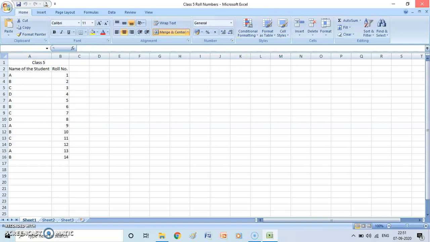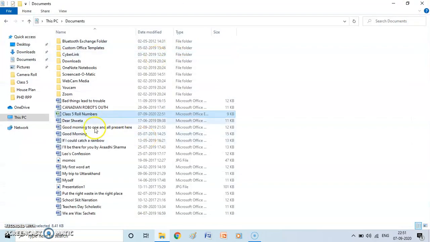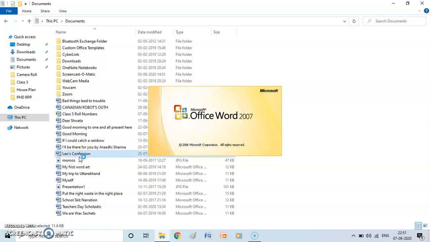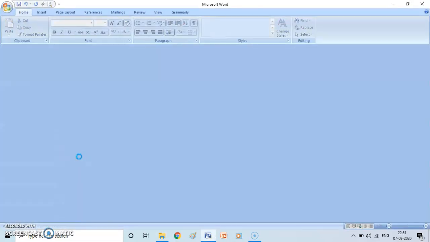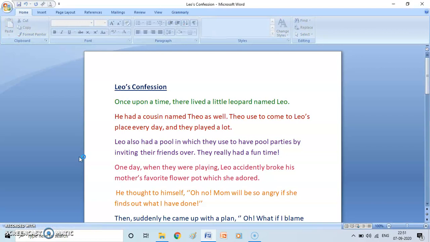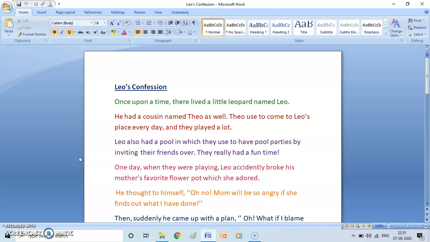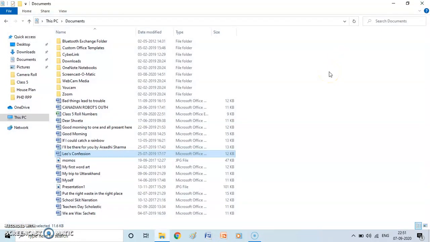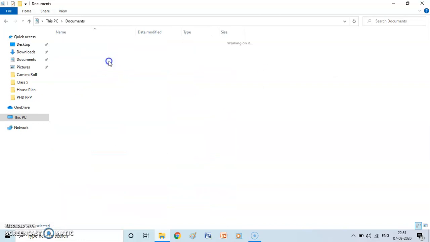So this is how my documents folder works. It contains Word documents, like these Word documents which we have. My daughter has written a nice story about her favorite toy called Leo. So you can see that this is a Word document, and I also showed you a spreadsheet. We can also save our PowerPoint files and any other documents that we want to save. Even PDF, portable document format. Even PDFs are stored here. So whatever you want to save, you can save it over here.